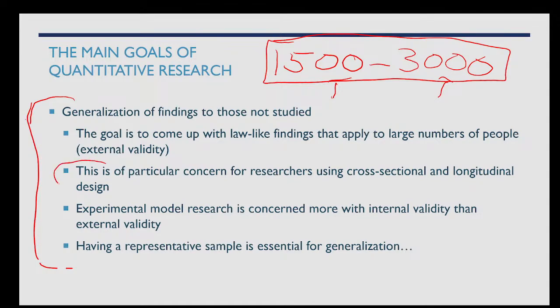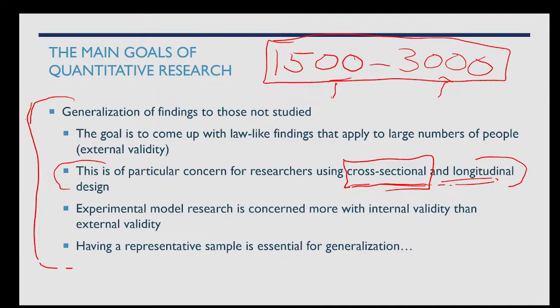So, yeah, this is of particular concern for researchers using both cross-sectional and longitudinal designs, right? Basically, for both types of research design that you're going to see typically across, say, survey research, cross-sectional where you're just taking a snapshot of today, or longitudinal where you're following a population over time, right? Both of these kinds will want some kind of generalizability, because you want to be able to say, if you're just taking the cross-section, okay, we have a good snapshot of what this population looks like in general for right now,